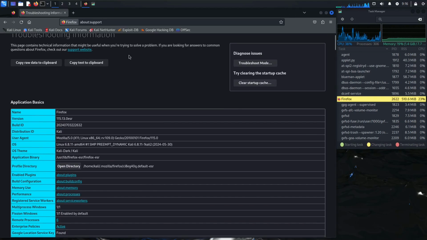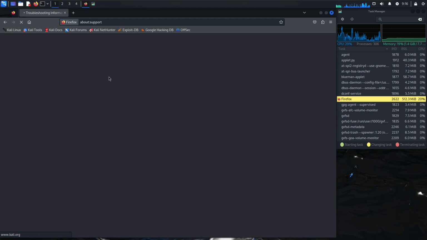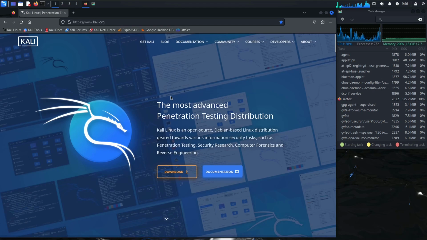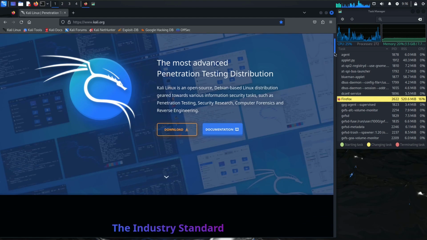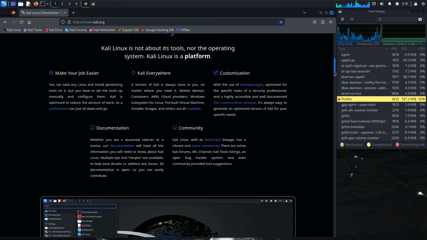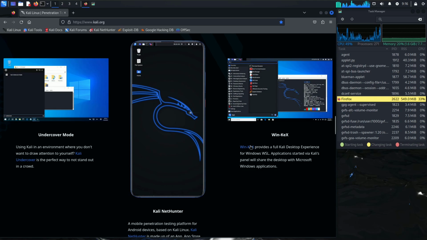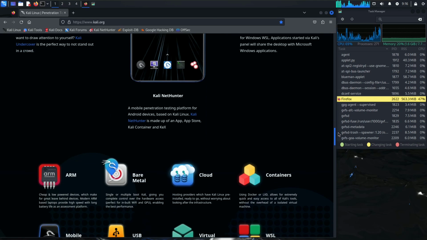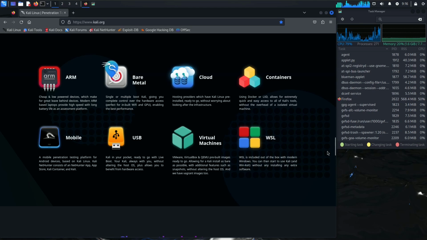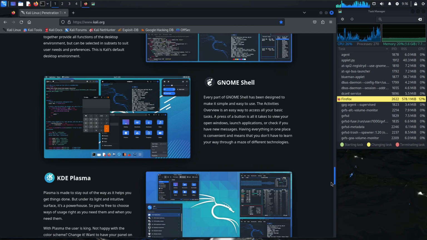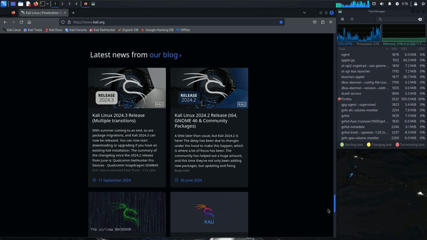So I'm just going to go to the official website, like a Kali Linux. You just need to type in www.kali.org, or else you can just type in the search term Kali Linux in the search engine, and you should be getting all the information. If you are a new user, if you don't know anything about Kali Linux, you can get all the information from the website. So they will be providing all the information right here. You should be getting all the information like Undercover mode and NetHunter and all those things. So here are all the available information and supported devices. The desktop environments you get are XFCE, GNOME, KDE Plasma. Right now we are using XFCE.